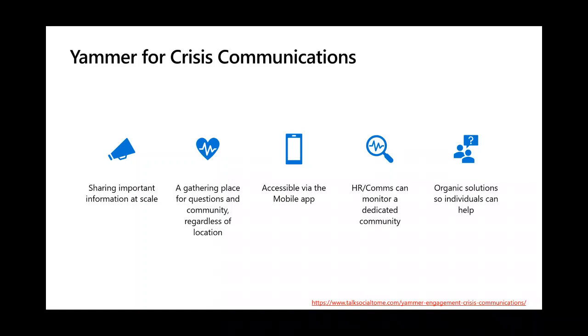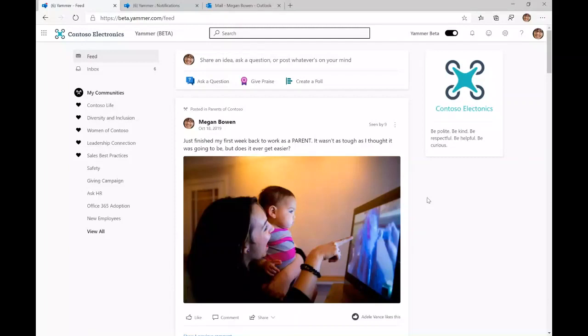Great, and with that, let's jump over. I'm going to hand it over to Robin, who is going to go deep on what we announced this morning, and it ties into what we'll have coming out over the next number of weeks. Robin, take the stage. Thank you, Mike. Thank you for doing such a great job describing the new Yammer.